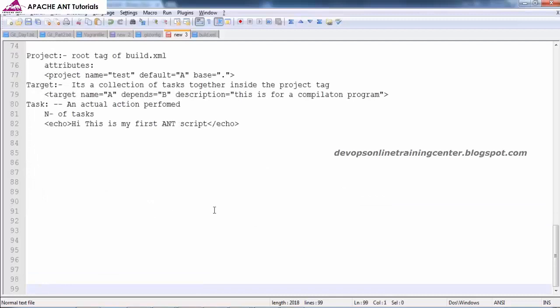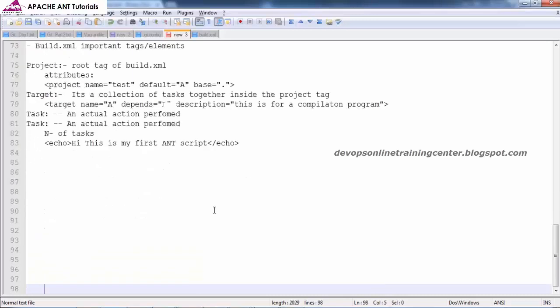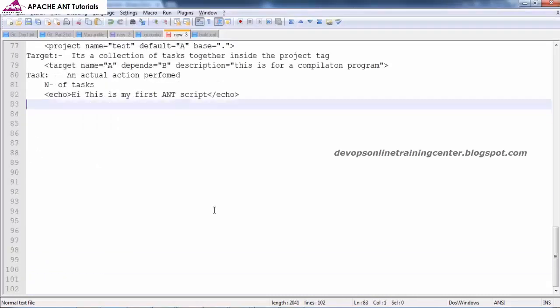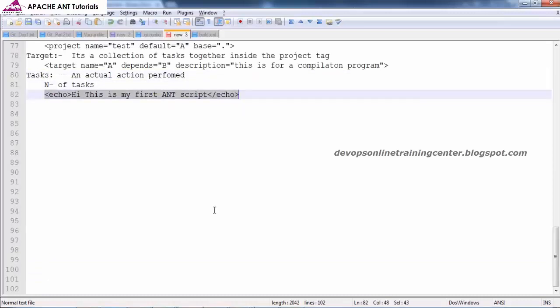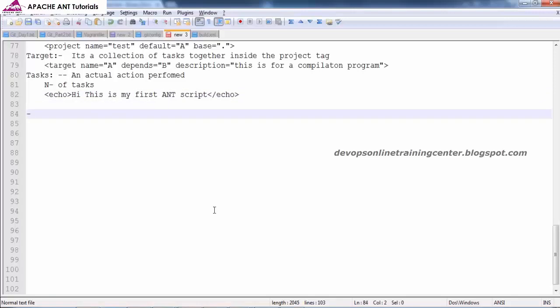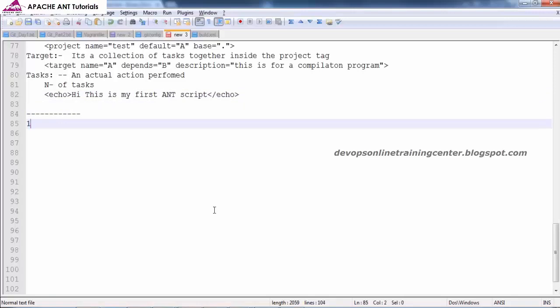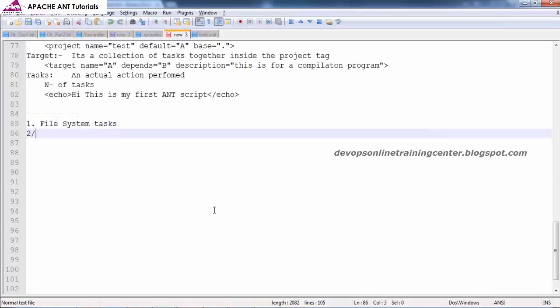Now I was explaining that the rest of ant scripting is all about learning the tasks. Now we have seen only one task called the echo task. Now I will not blindly go with all the tasks. I will first give you the set of tasks available. We have categorized these tasks into multiple types: file system tasks, and Java related tasks,